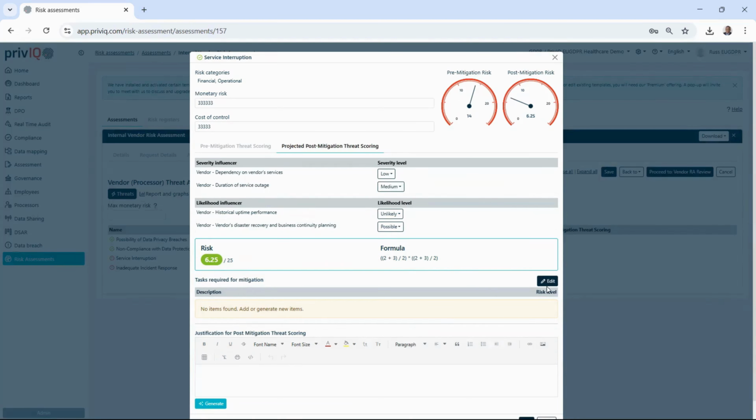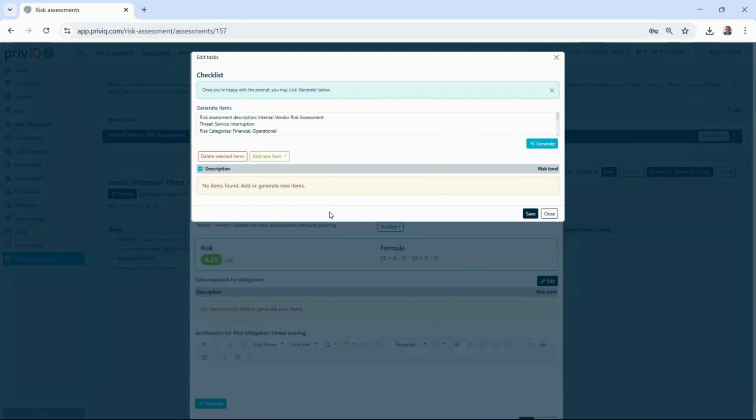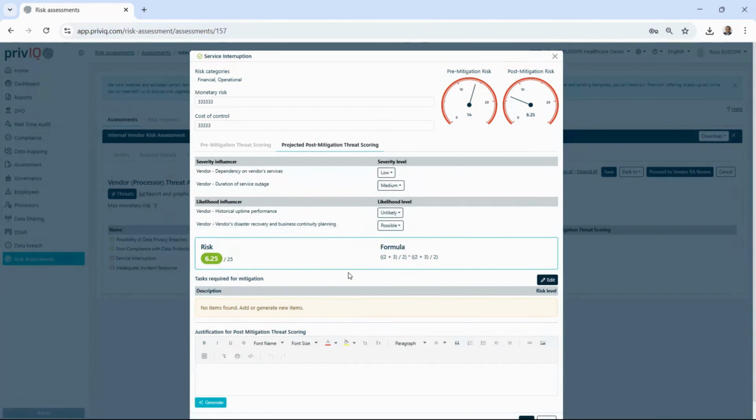Okay, so now we can actually go in and say, well, what are the tasks that we need to help us to move from that pre-mitigation to a post-mitigation stage? And we say, okay, we can generate it and then go and edit it accordingly. Otherwise, because we don't have AI in an account, then we can actually add them manually. I'm not going to add any now. And then